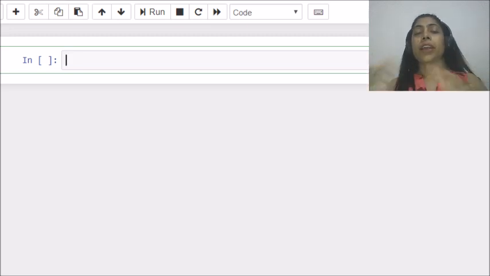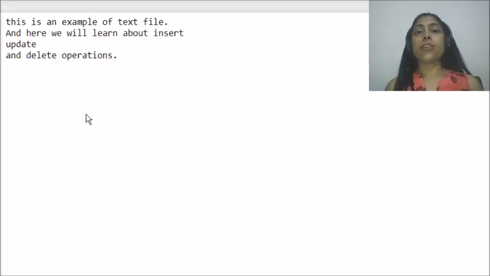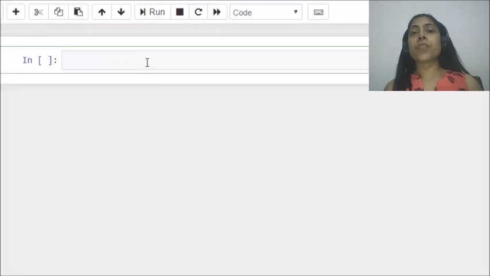I will write a few functions related to string and list in the Dropbox, so you can check those functions from there. Now I am going to take a text file which I have already created. The name of this text file is story. So I am referring to this file in my example.